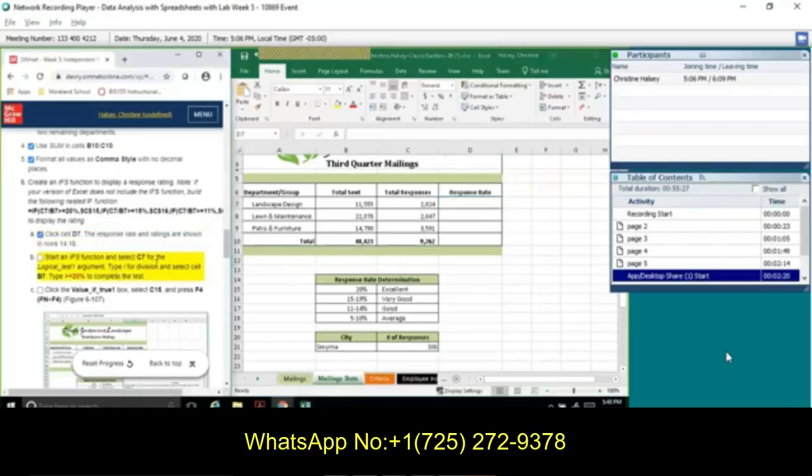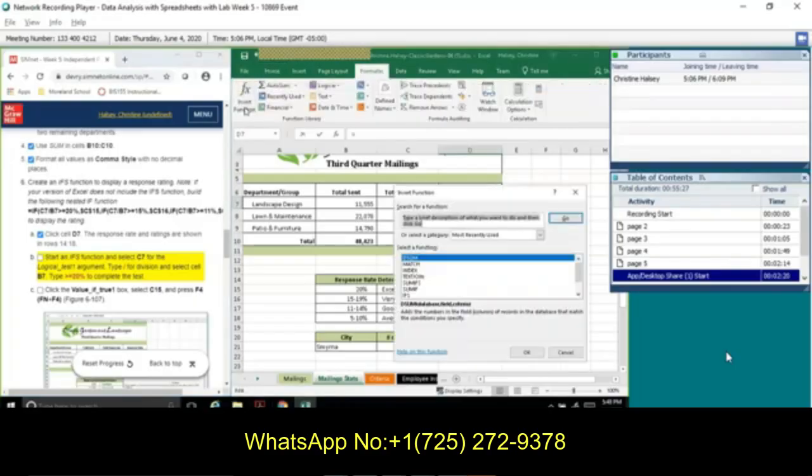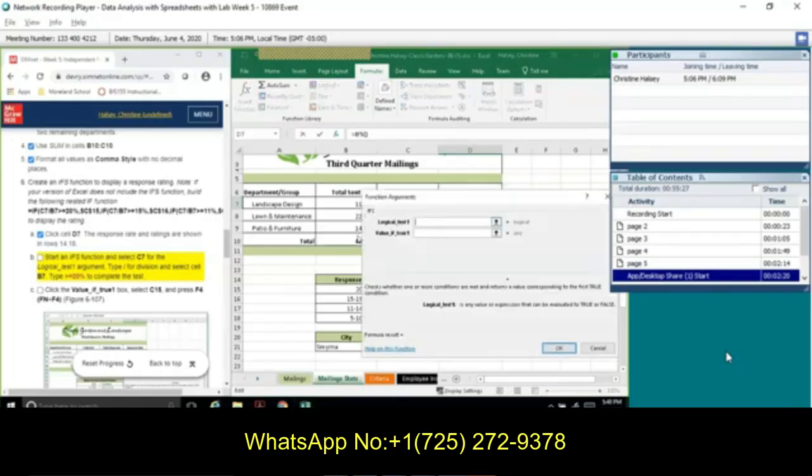Start an ifs function and select cell C7 for the logical argument. All right, so I need an ifs. And C7 for the logical test 1 argument,